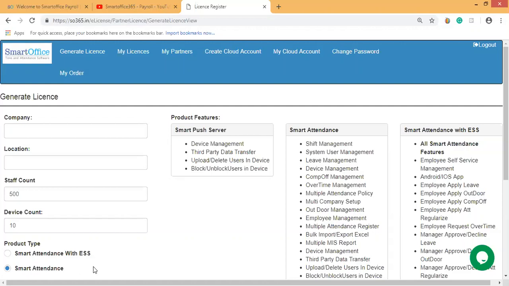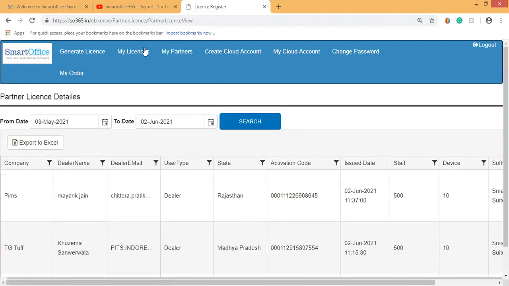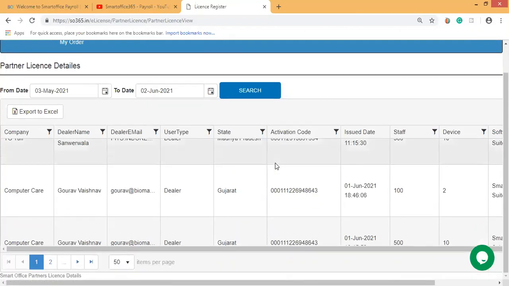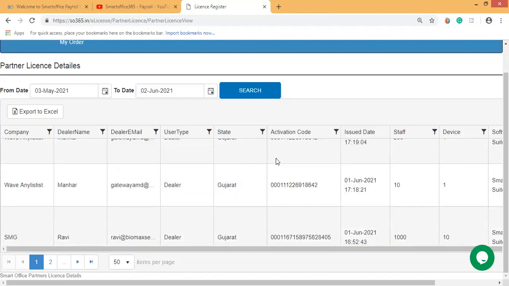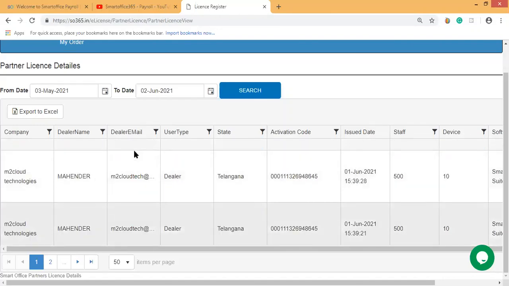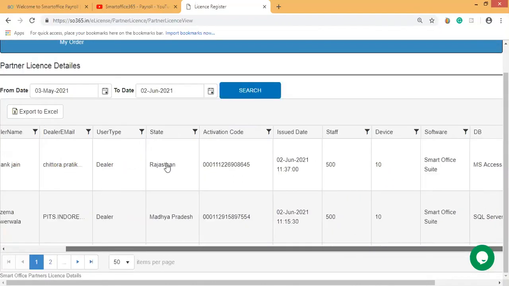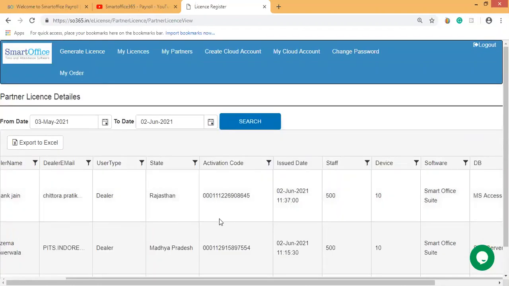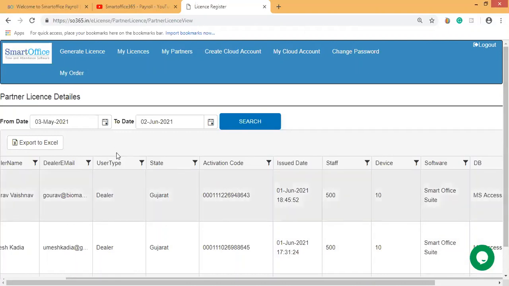So next, coming to my license options. In my license option, you can see for how many employees the license keys were issued to your partners. So you'll come to know how many of my partners have taken up the license scheme, and since I'm the user of this region, I'll come to know who has generated the license key.